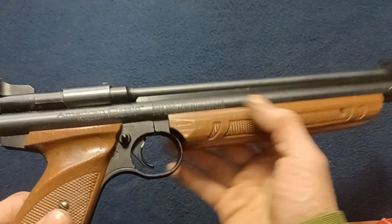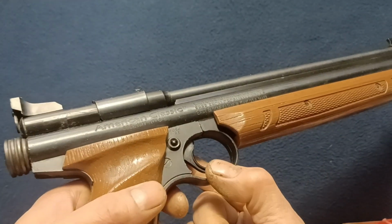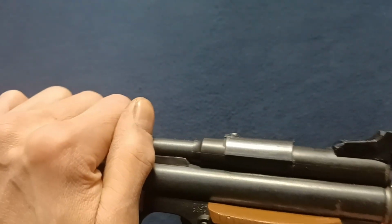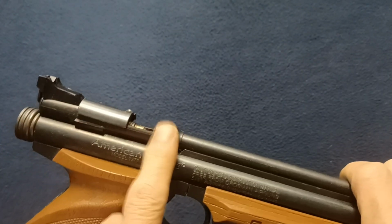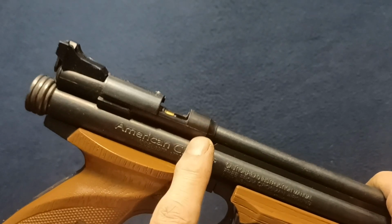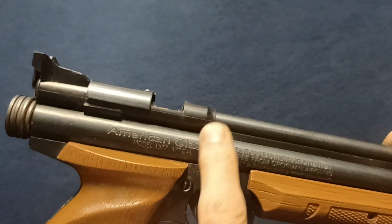So you can see here it is a single shot pneumatic air gun. This is your pump mechanism here. Your crossbolt safety. You can see here push fire, and then over here push safe. Plastic grips, forearm. This is your cocking mechanism or your bolt, and this is your breech. This is variation number 2, so you have steel barrel, of course, receiver, but the actual breech where your projectile goes in, you have a steel cover, but in variation 2, this is actually a very hard plastic. So variation 1 had a steel breech, but this one uses multiple